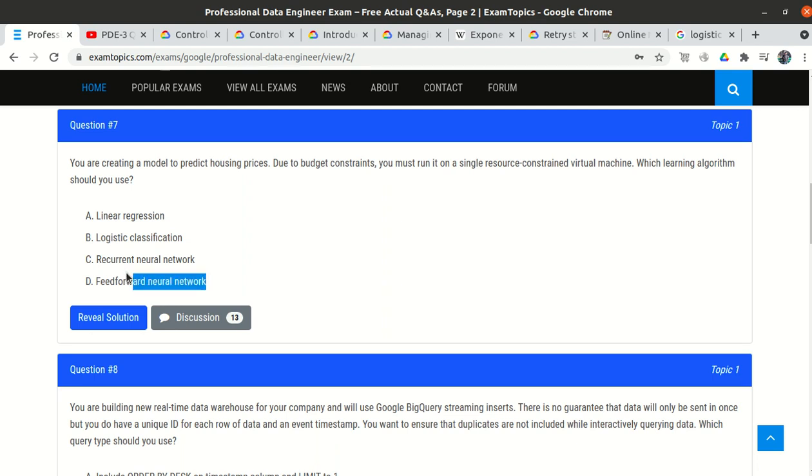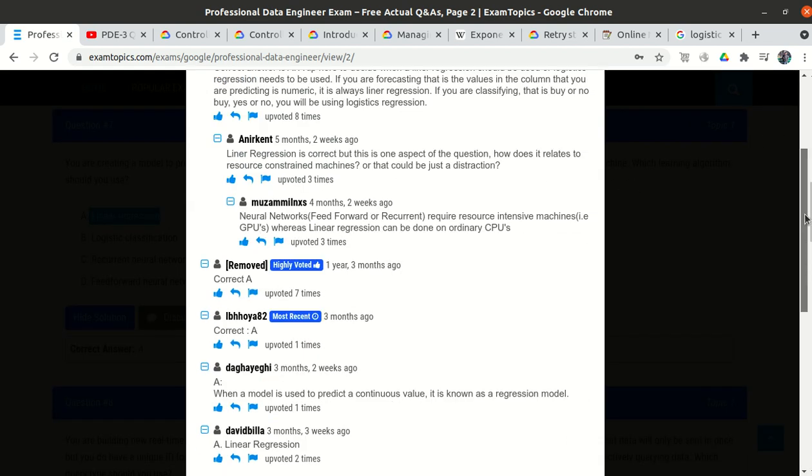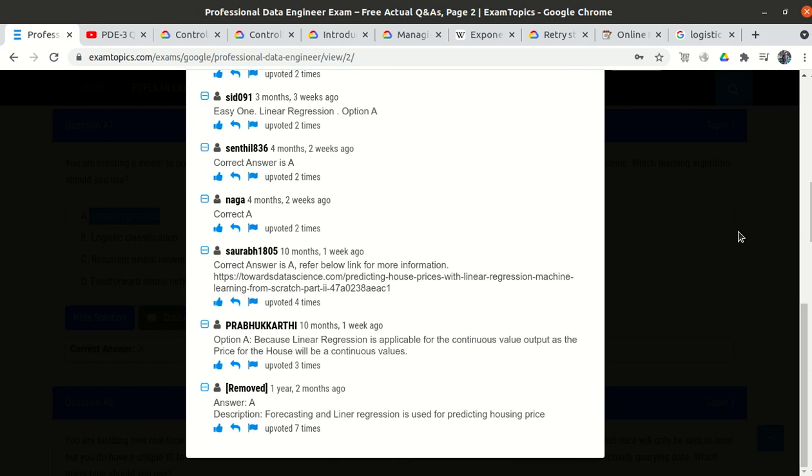We can run a neural network model on the CPU as well, but it will run very slow. Generally it is recommended to use a GPU, but here it is mentioned that we have a single resource-constrained virtual machine. So we will not use these. We will use linear regression, so the correct answer is A, and most people in the discussion community tab say the correct answer is A.